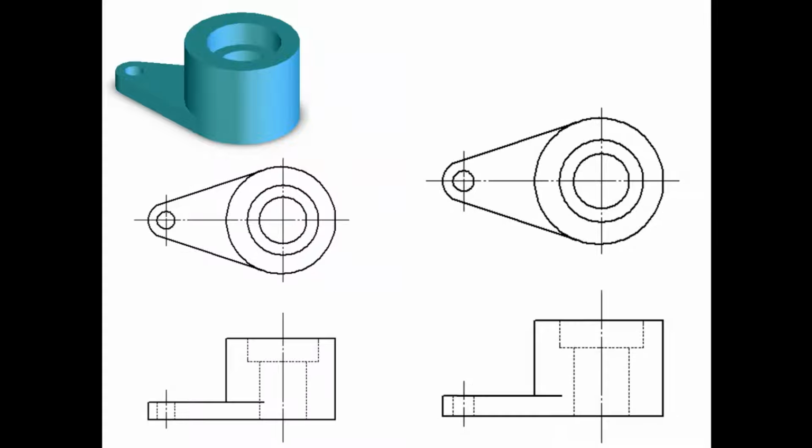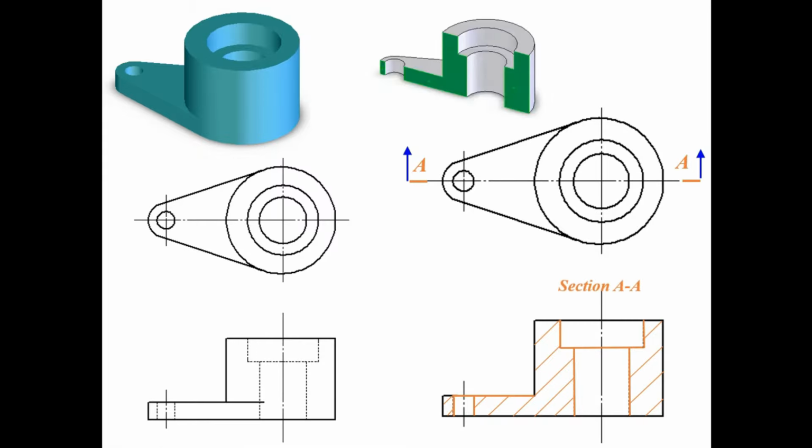Now see this diagram. This was the normal object without sectioning. So you can see this top view and this front view with all the hidden edges. Let's say we cut the object from this part. In the top view, I'm showing the section position. After sectioning, all the hidden lines will now be object lines. You have to make them like this because they will be visible now. Then we have to do the hatching only on that area where the blade has made contact. Now in this hatching, this line was there, we have to omit that line also. So this is the view for full sectioning for this type of object.